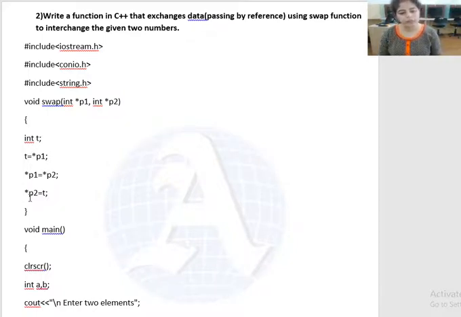Students, whenever you have to perform swapping of two numbers, we always require a temporary variable, because we have to keep the value of one variable in the temporary variable. Then only can we swap the values of the two variables, and at the end you transfer the value of the temporary variable to the other variable.